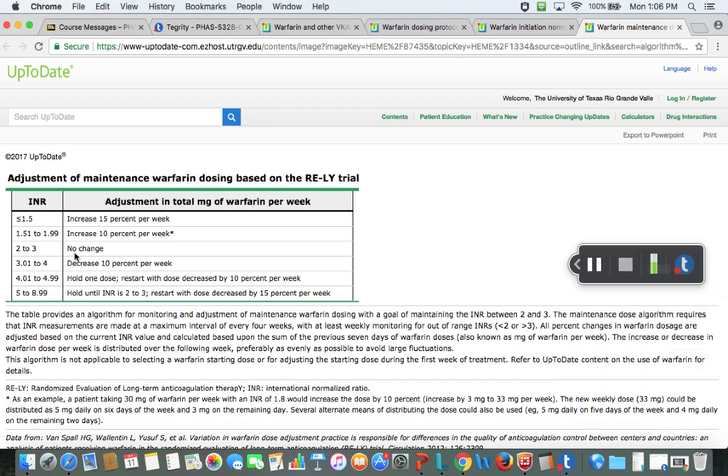But once you get that week dose from that nomogram, then you test the patient again for their INR. And if they're in 2 to 3 and that's your goal, great, no changes. But if they are too low, then you want to increase by 10%. So you add up the number of milligrams they're on for that entire week, and then you multiply by 0.10, right, 10%, and then you'll subtract that. So you want to do a 10% reduction.